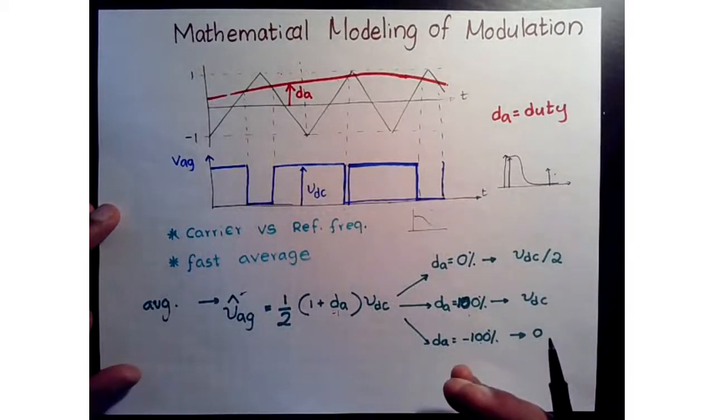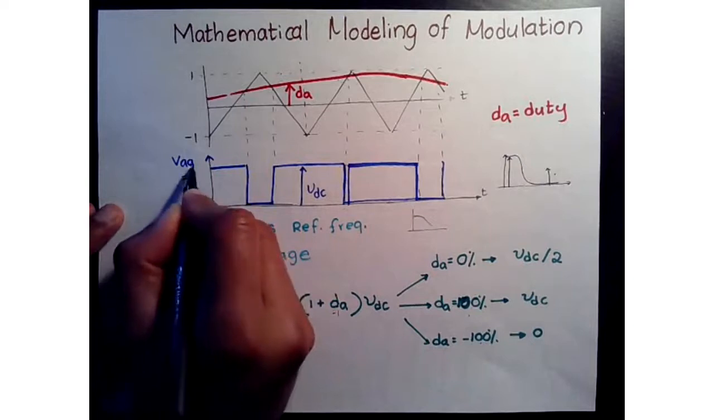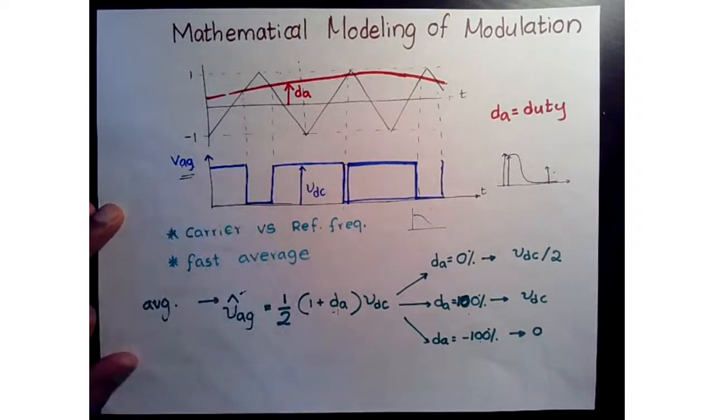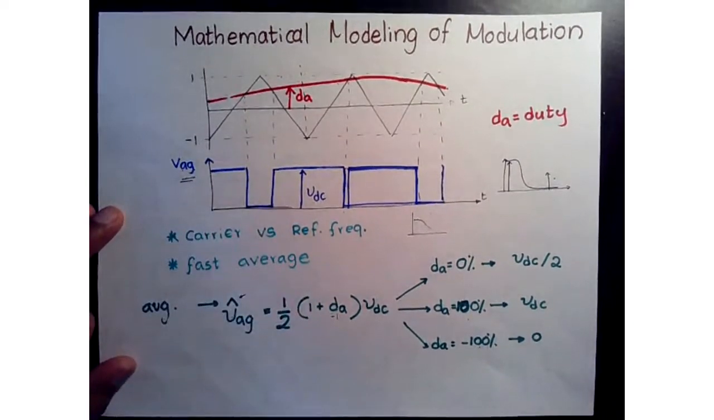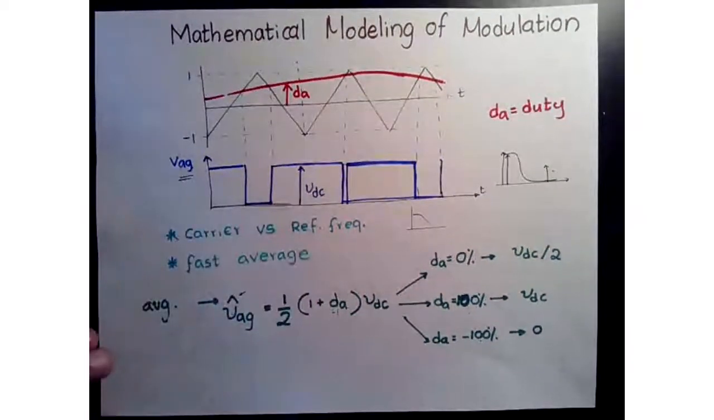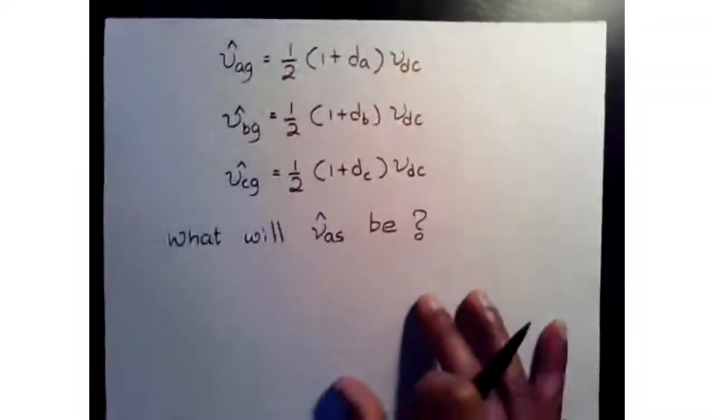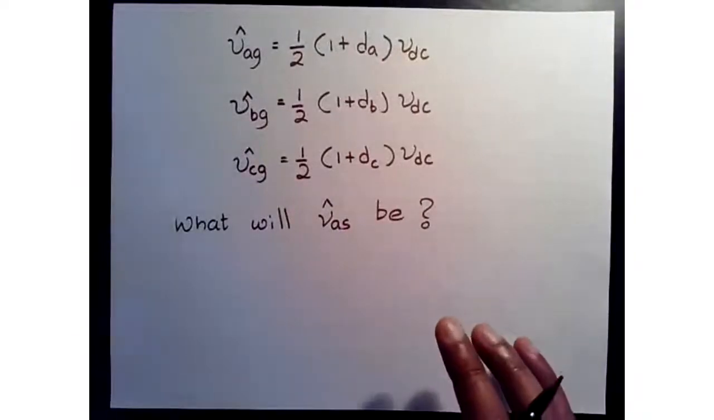It's going to vary from 0 to VDC, VAG, with respect to ground, the phase A voltage. Okay, not neutral, ground. So that's the primary idea here. Now, if you look at all 3 voltages, you're going to see VA,